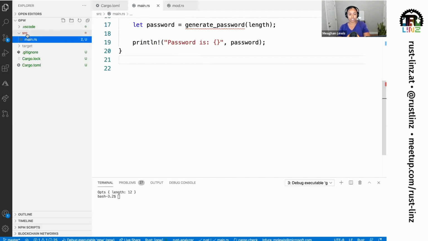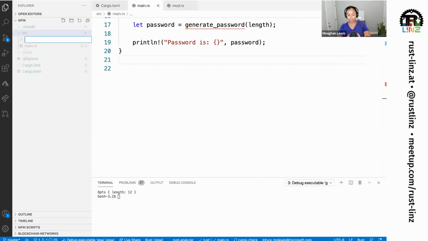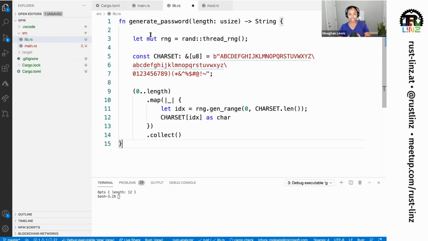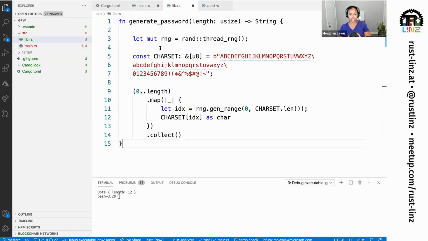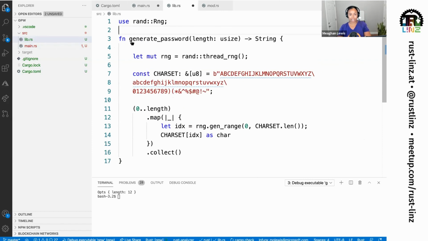Inside of my source directory, I'm going to create a new source file called lib.rs and paste this function definition over here. I'm also going to need to use the rand crate over here, so I can go ahead and paste that.